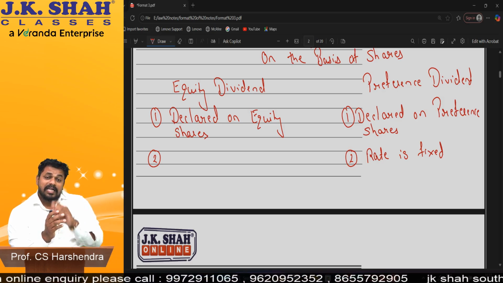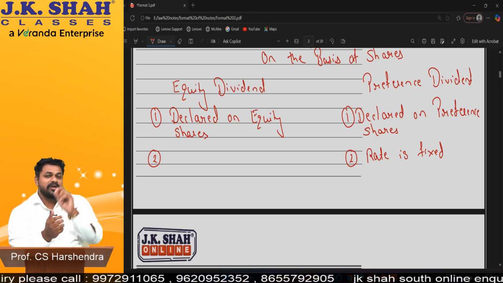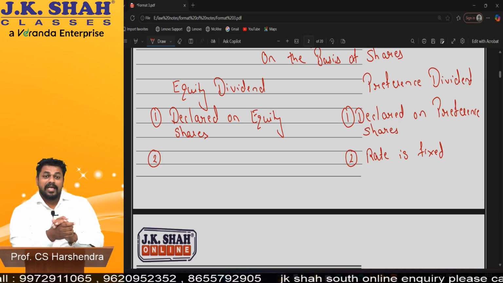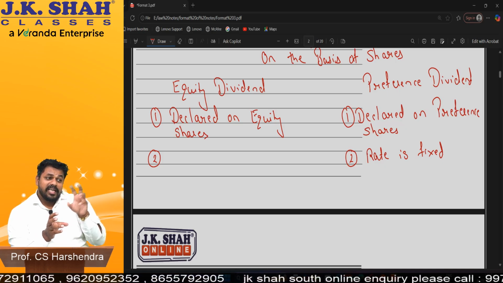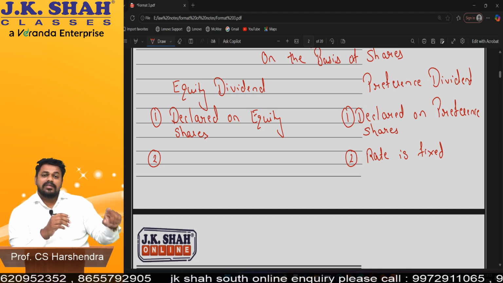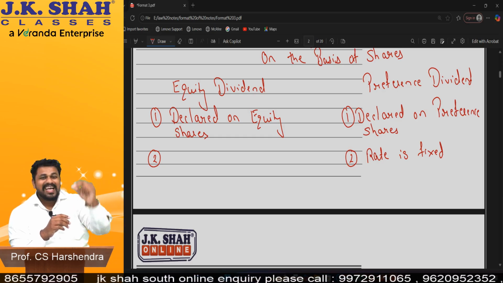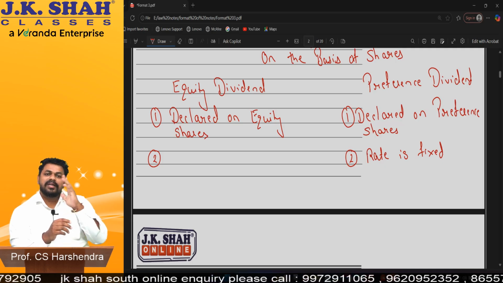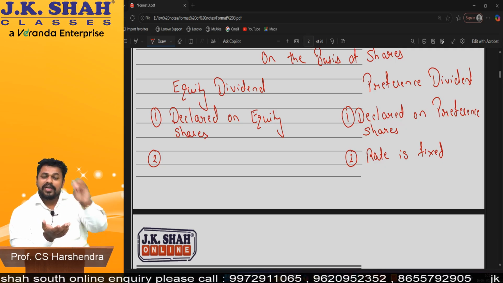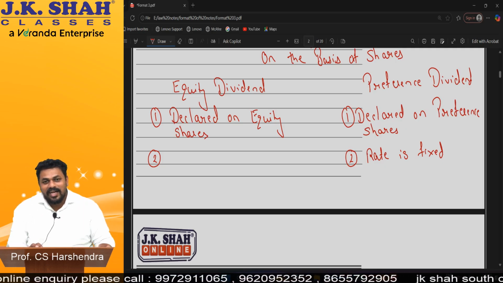Answer: no. It depends upon, beta, the articles of association. This is a very minute point. It is not in your syllabus, but I am telling you because the question came. That's the reason reading AOA is very important. If the articles of association mention that net profit after tax will be directly applied for paying dividend, then it is the absolute right of preference shareholders to claim that dividend. But if the AOA is silent, then preference shareholders also have to wait till the board of directors declare, or else they can't claim. Am I clear with this? Understood? Okay.